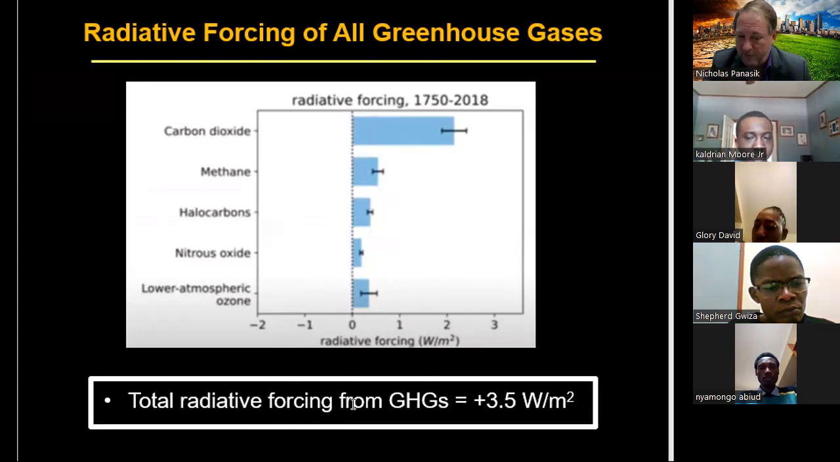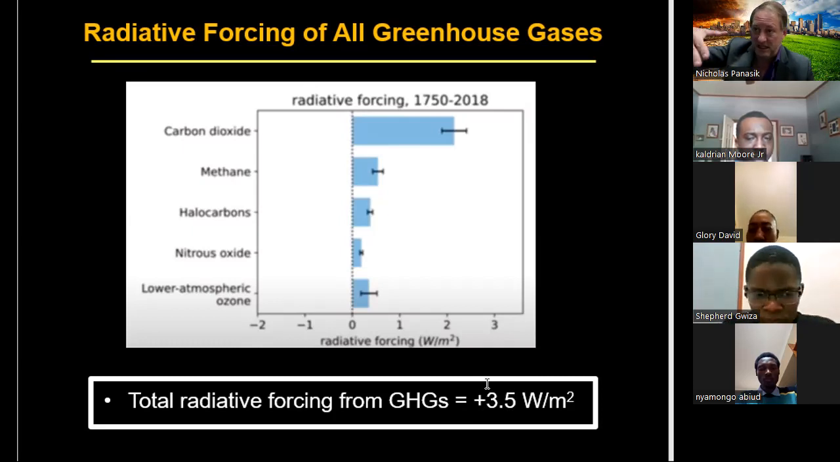But this is an important number. The total radiative forcing from GHGs, that's a really important number because that tells us how much more energy is coming in than energy is leaving out. Now,